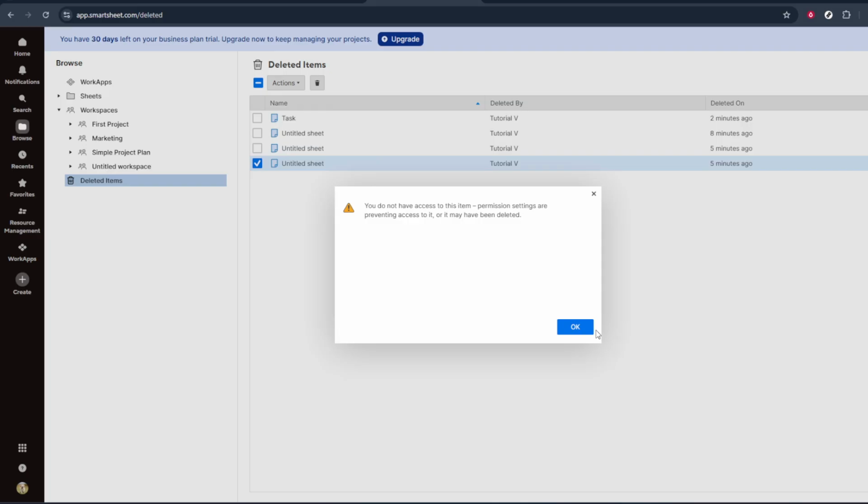When you choose Undelete, a confirmation message or dialog box will usually appear, asking you to confirm that you want to restore the sheet. To complete the process, click OK in the